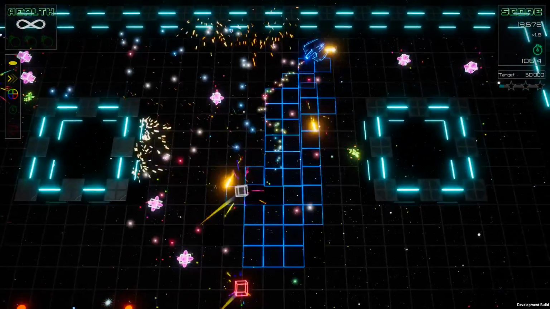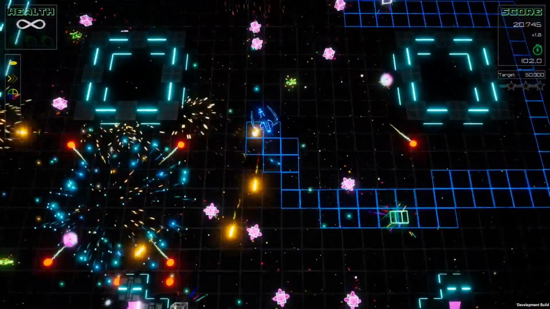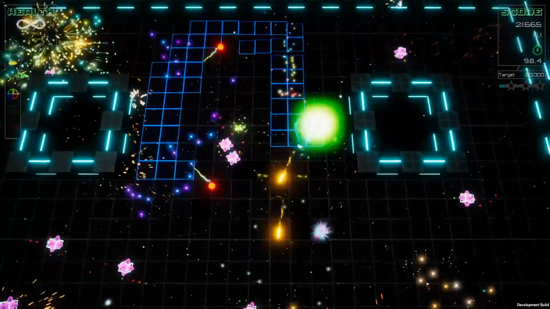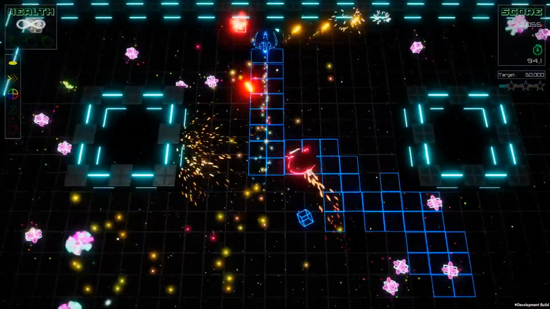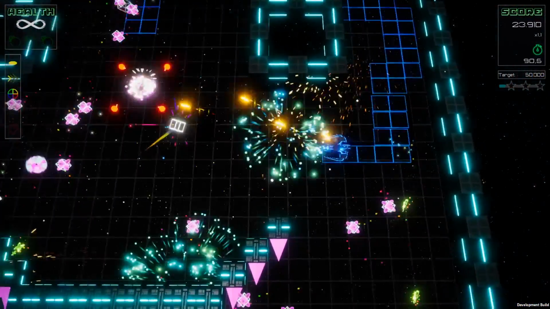Same goes for those little cubes. I feel like they were almost too small. I didn't see them oftentimes, especially when they spawn. They have a little glowy effect. They look kind of similar to the collectibles that I need to collect in some of the levels. So these small cubes, very hard to see. Sometimes I just run into them because I didn't see them. That being said, the effects when you detonate a bomb or when you get hit, absolutely amazing, feels great.